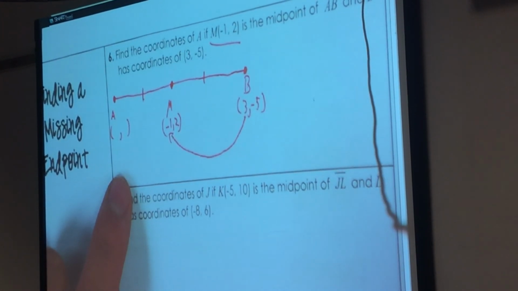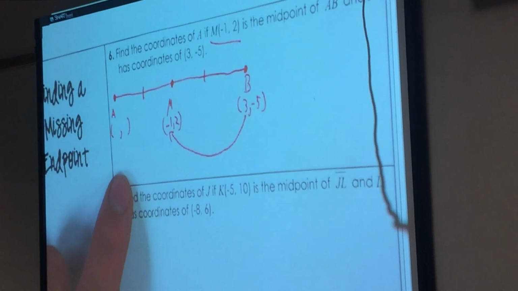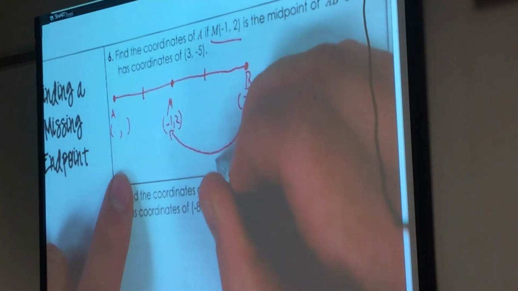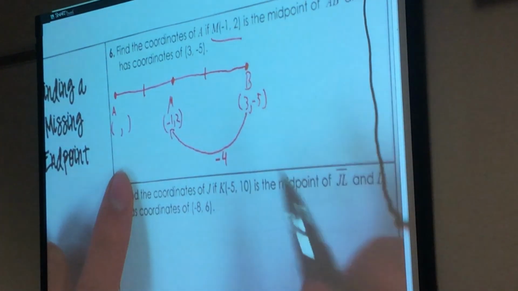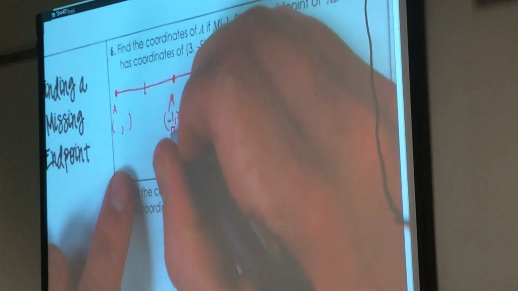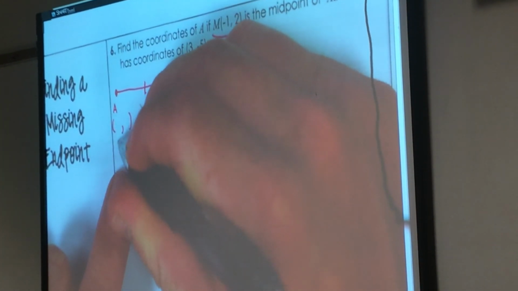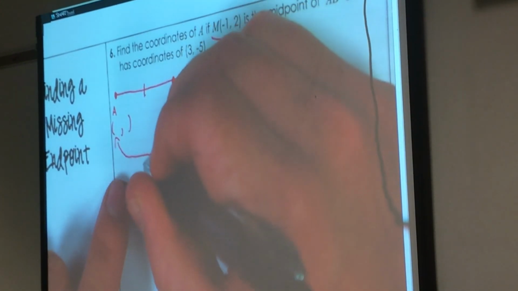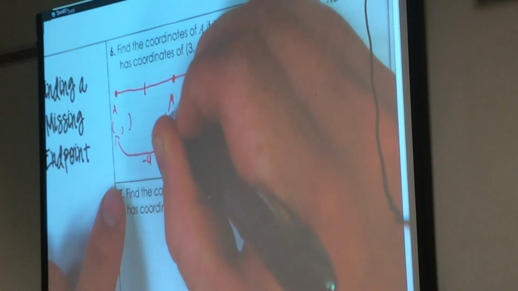Down 4, right? So I go down 3 to get to 0, then I have to go down 1 more to get to negative 1. So that's down 4, so that's minus 4. So I did 3 minus 4 to get to negative 1. I have to do the same thing to get to the x for A, so that's negative 1. I go down 4. What's down 4